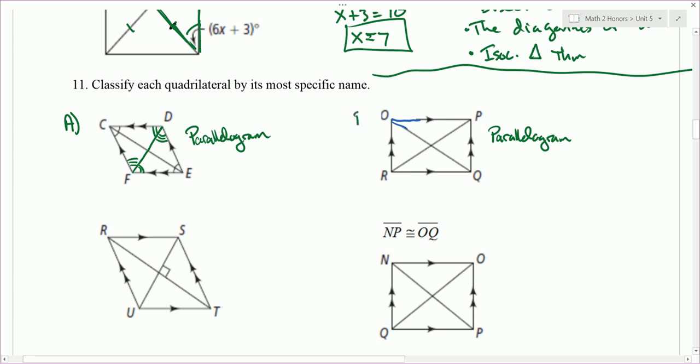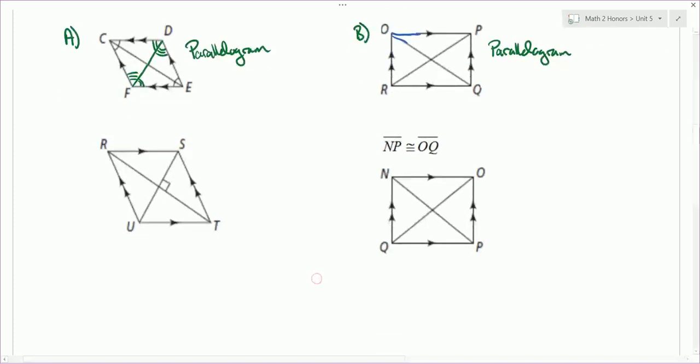I'll call that part B. Next one, part C. Here we have a parallelogram, and the diagonals are perpendicular to each other. And so,